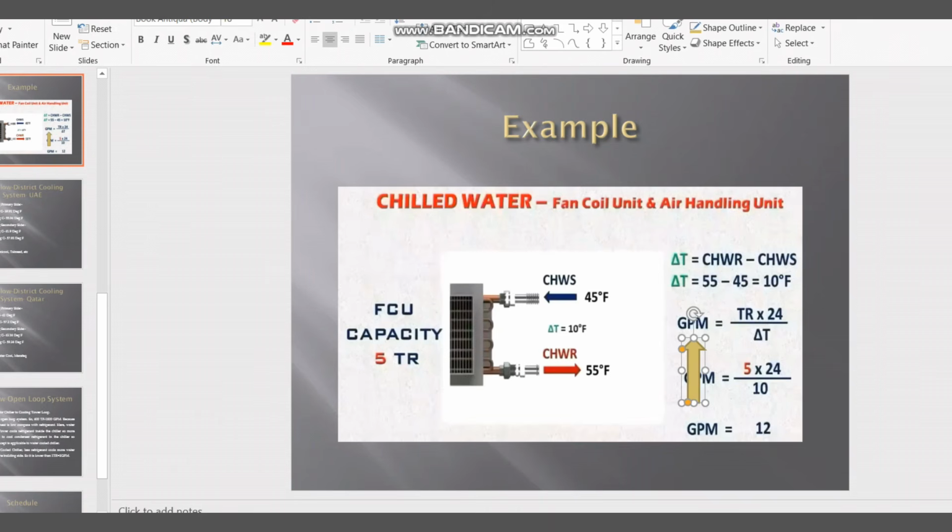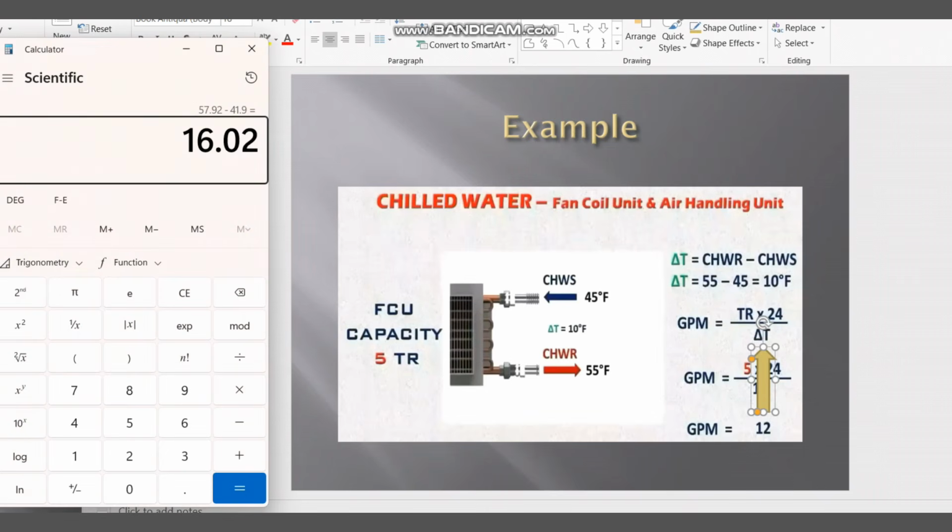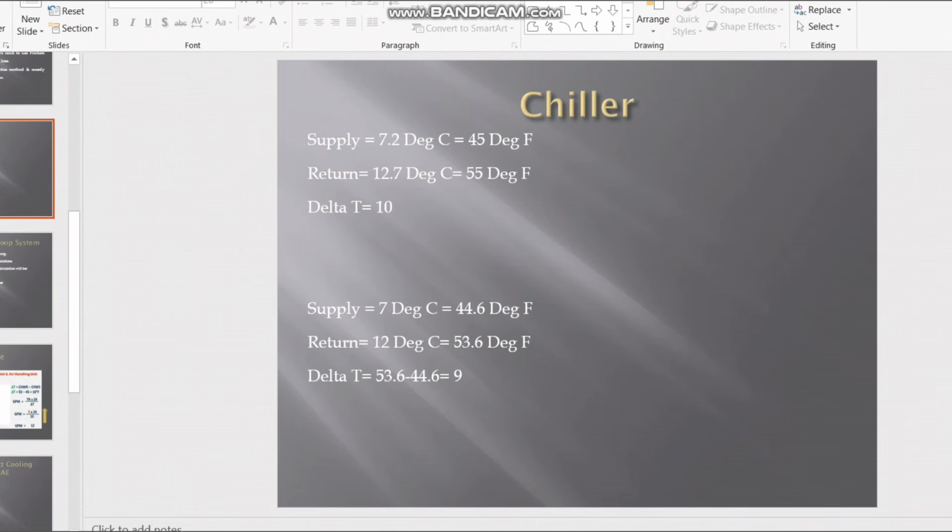Then I will come to the air cooled or water cooled chiller concept. So in this formula, GPM is equal to ton of refrigeration. For example, if you have a 1 ton FCU in your room, first try with 1 ton: 1 into 24 divided by delta T. If the delta T is like a district cooling system, then as I told you, it will be 16 degrees Fahrenheit. So 1 into 24 divided by 16, it will be 1.5 GPM. So 1 ton is equal to 1.5 GPM. You have to follow this for the district cooling system.